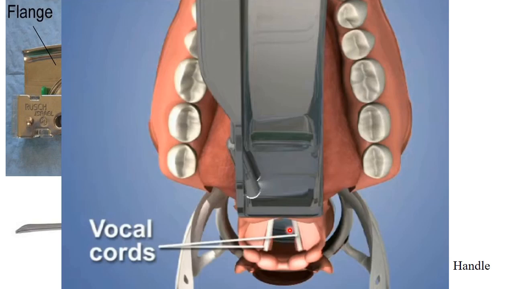Once the vocal cords are visible, endotracheal intubation can be done, or it can be used for removal of a foreign body. I have the experience of removing a fish bone which was placed horizontally on the vocal cords in a 40-year-old female. I used the laryngoscope and removed that fish bone. It can be used, but in such cases the patient's cooperation is very much needed. But the most common purpose of using these instruments is for intubation.